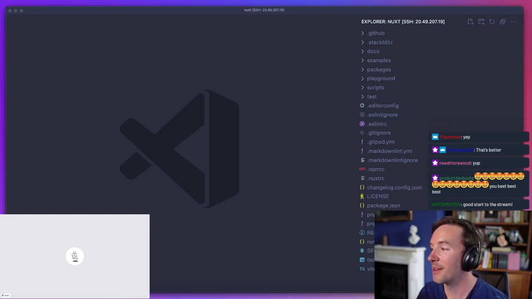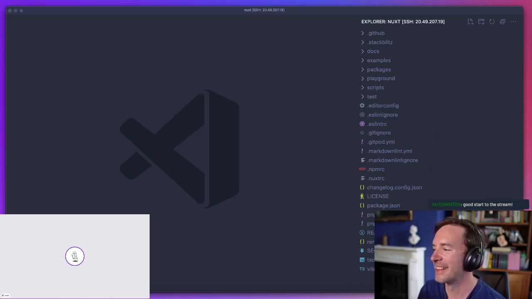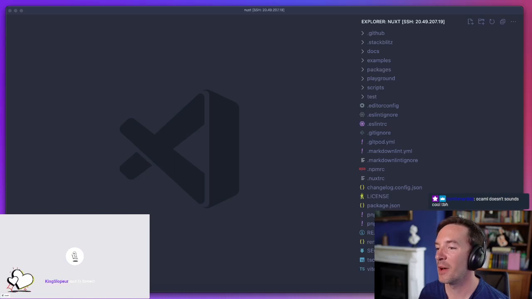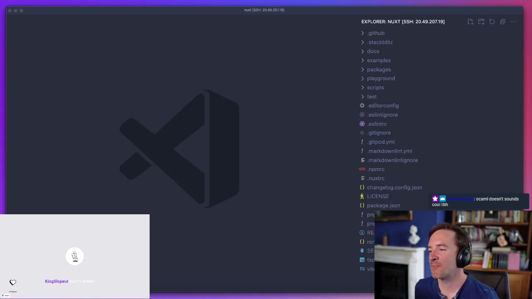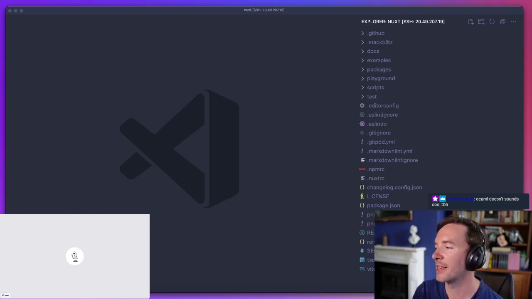OCaml is something I know nothing about. I've got no background in it at all. It's pretty cool actually. It's a functional language, but you still have some imperativeness to it, and it has a great type system. Far superior to TypeScript. I think TypeScript is amazing, particularly if you're coming from a JavaScript world, but maybe not so much if you're coming from a much more strongly typed language where you're taking some things for granted.